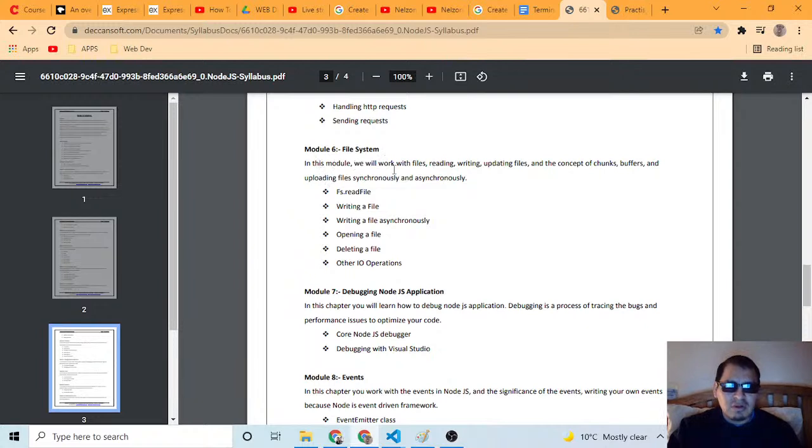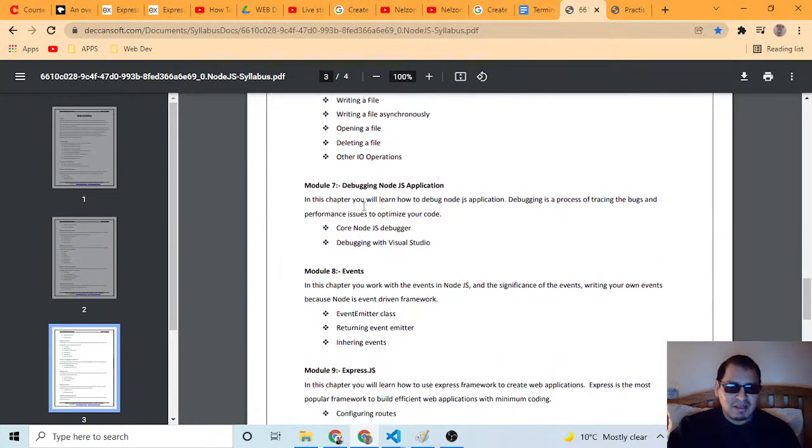In this module, we will work with files: reading, writing, updating files, and the concept of chunks, buffers, and uploading files synchronously and asynchronously. Okay, so probably I have to learn the FS module, read file, then everything should be fine.